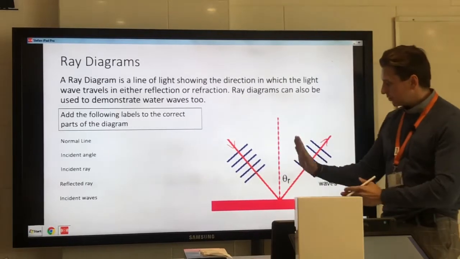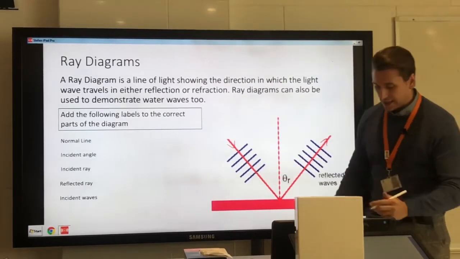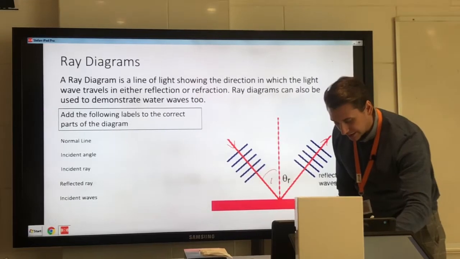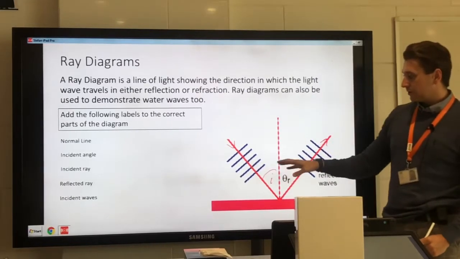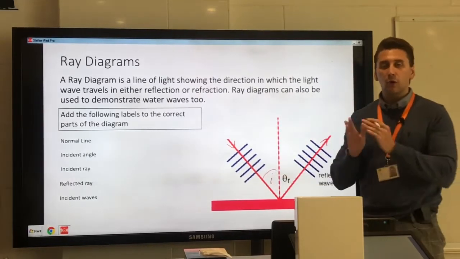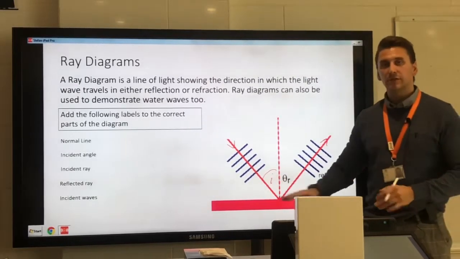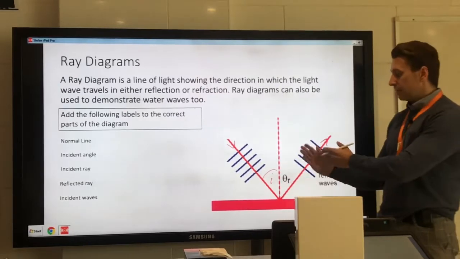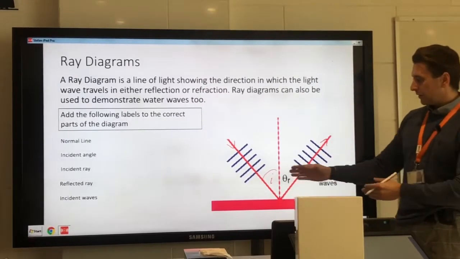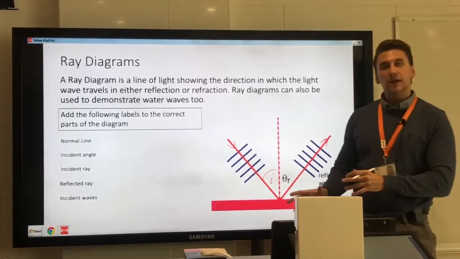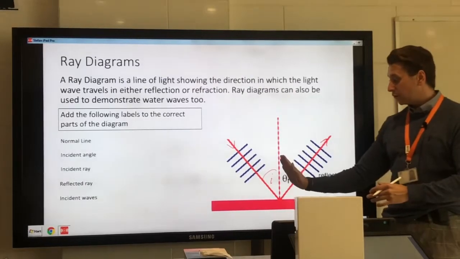So in this case you go from the normal line to the ray, and we draw the incident I from normal to ray on the ray coming in. So always from the normal to the ray, never this angle here from the boundary to the ray. It's never from the boundary, always from the normal. And therefore obviously you have on the other side the reflected angle, which is the angle between the normal and